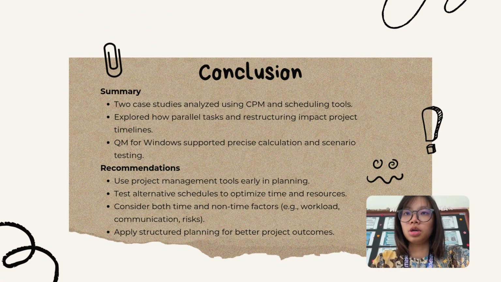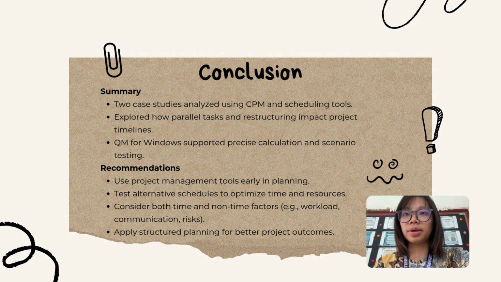To conclude the presentation, here is a brief summary and our recommendation. We analyzed 2 case studies using project management techniques such as the critical path method and scheduling analysis. We explored how different scheduling strategies like parallel execution and activity restructuring can affect the overall duration and complexity of a project. With the help of QM for Windows, we were able to carry out accurate calculations and assess different